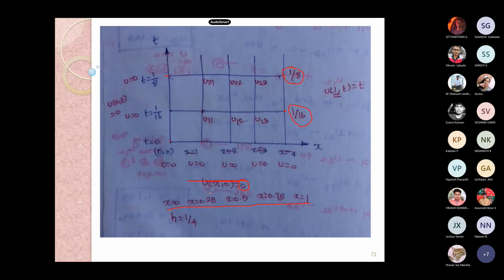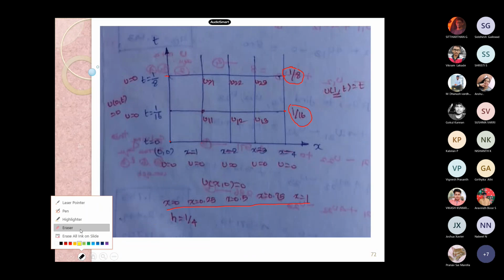In some cases, u of x comma 0 will be some expression, such as x plus 0.25 or x plus 0.1. In that condition, we need to be careful and get the u value based on the application of this x. Is that clear? The x equal to 1, 2, 3, 4 that you wrote earlier is struck out.